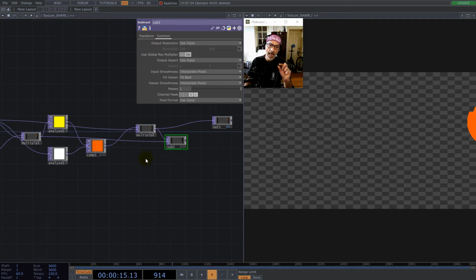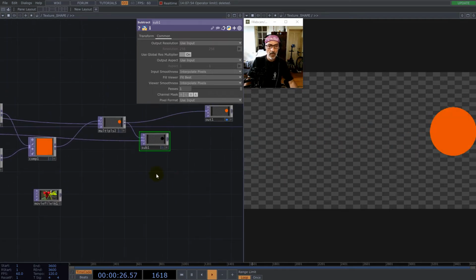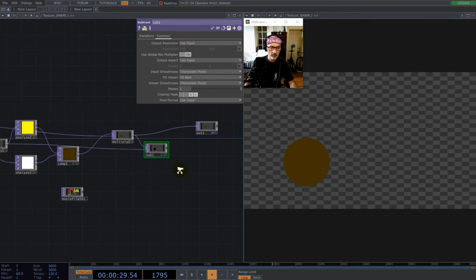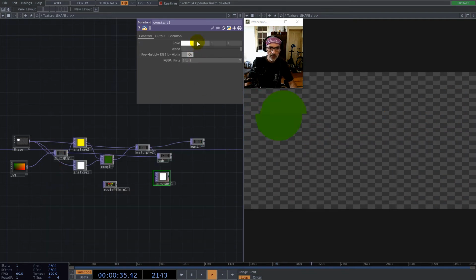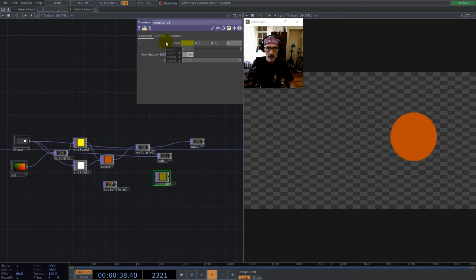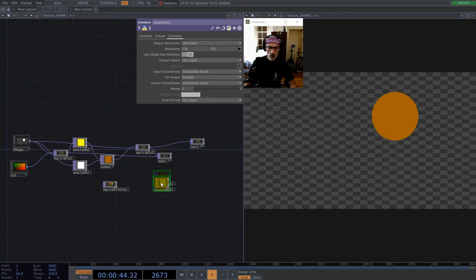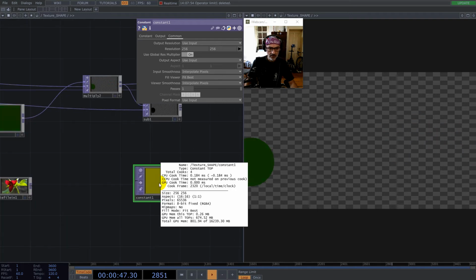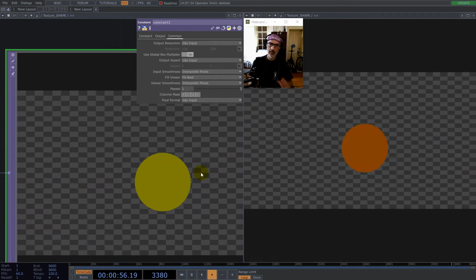And now I want to add this texture with the initial point, but I don't know which will be my initial point from here. So I will start with a constant. Okay, and I will go for the half of like this, and yeah. Now this is 1 pixel by 1 pixel. Now in this case it's by default 256 by 256. If I connect this input here, my constant will take the shape